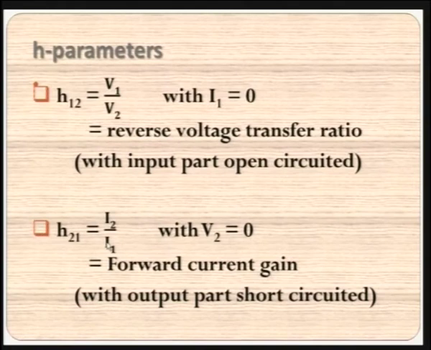So, we have seen the importance of the parameters, especially the H parameter. In H parameter, each parameter has a different form. We have V divided by I form, I divided by V form, then I divided by I form and V divided by V form. Of course, the suffixes are different. So, what is the meaning of the different forms that we have? I think that is why the name hybrid is given. We have all the forms of expressions